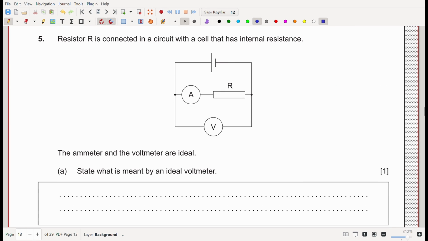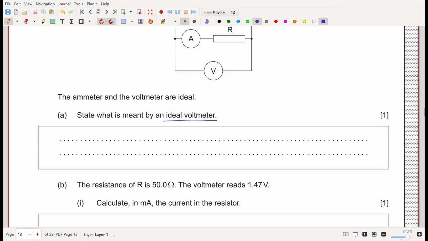Question number 5. A resistor is connected with a cell that has internal resistance. State what is meant by an ideal voltmeter. Now this is a purely theory-based question, and an ideal voltmeter must be connected in parallel and must have an infinite resistance. So an ideal voltmeter